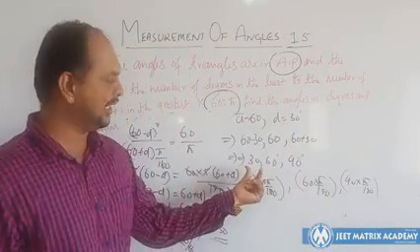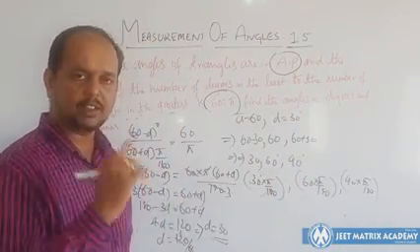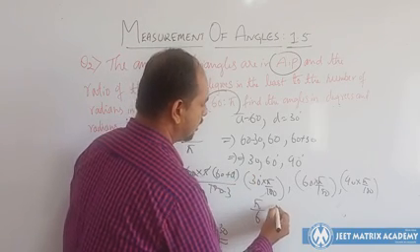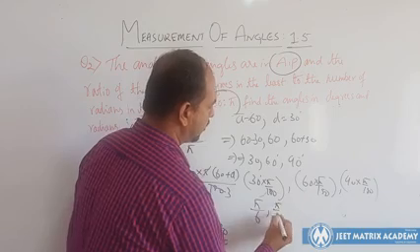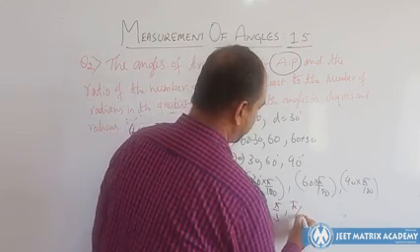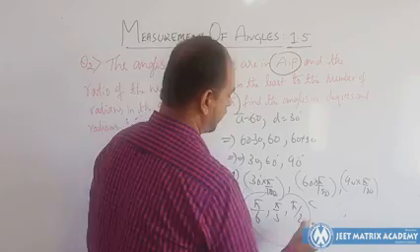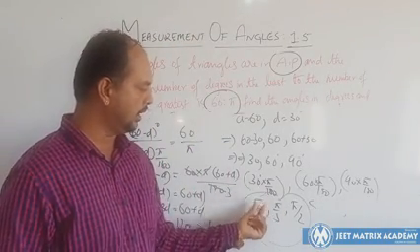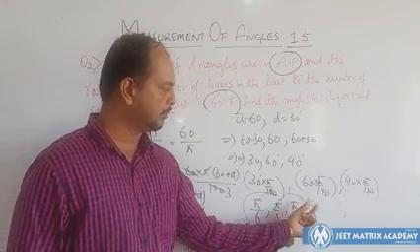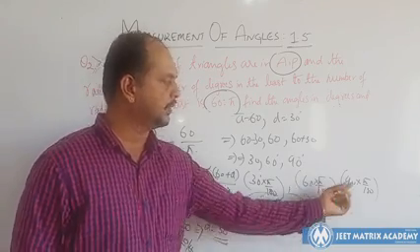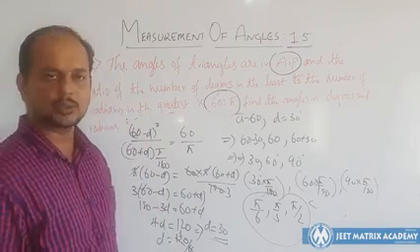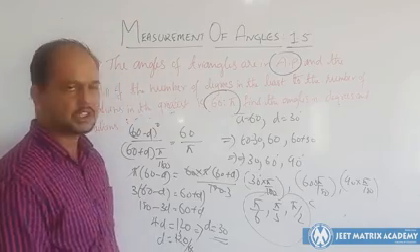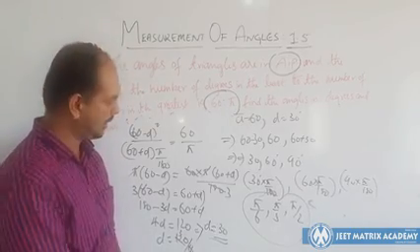Or you can directly do it: we know 30 degrees equals pi by 6, 60 is pi by 3 and 90 is pi by 2 in radians. This is in degrees and this is in radians. If you simplify, you also get the same thing: pi by 6, pi by 3, pi by 2. So this is how you should do it. If you have the trick, you can shortcut and directly utilize the answers.